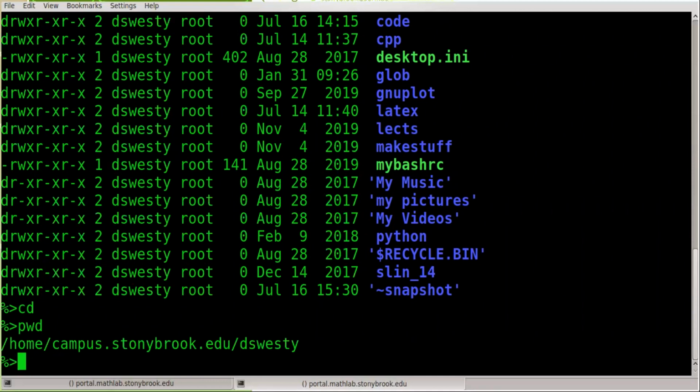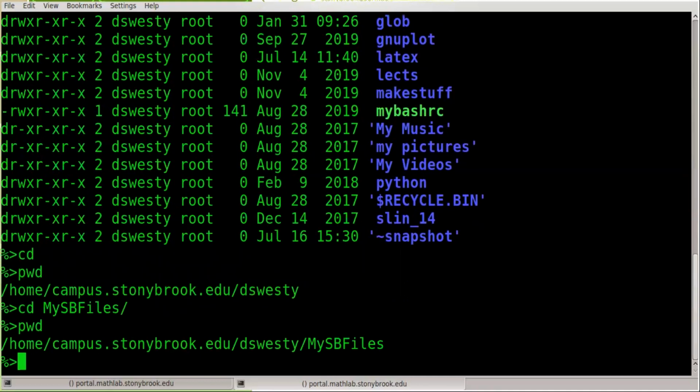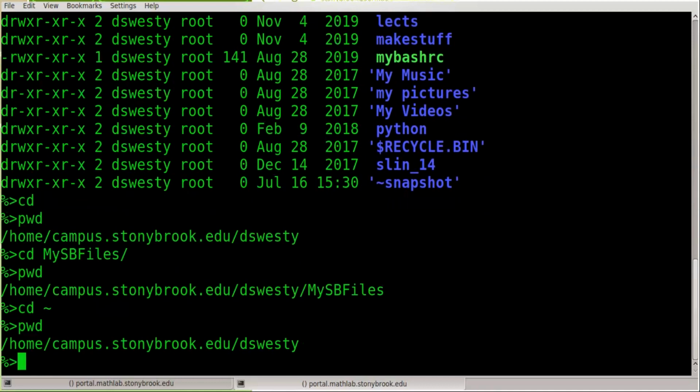If I want to move back into the MySB files directory again, I can just type cd MySB files and hit enter, right? Do a pwd, and it shows that I'm back in my SB files. Another way that I could do it is I could say cd and then tilde, right? Tilde is an abbreviation that the shell uses to refer to your home directory. So in this case, I'm saying change directory, and I'm giving it an abbreviation that says change to my home directory, right? So I could do that, and if I do a pwd, then you can see I'm back in